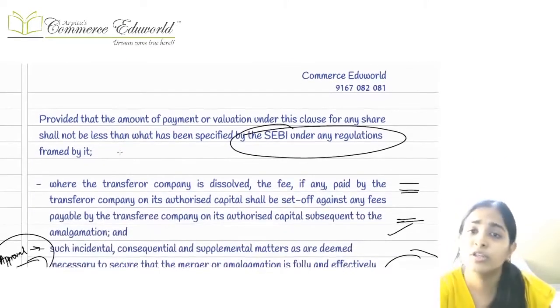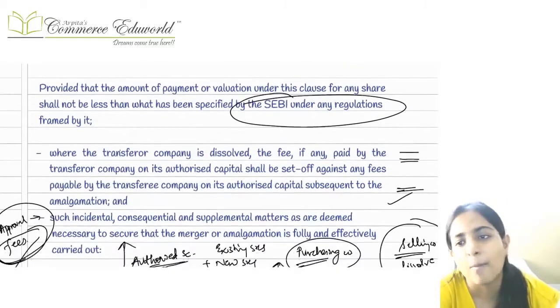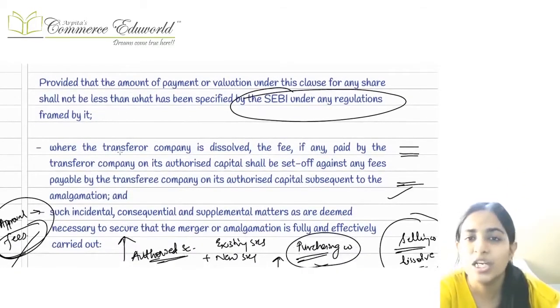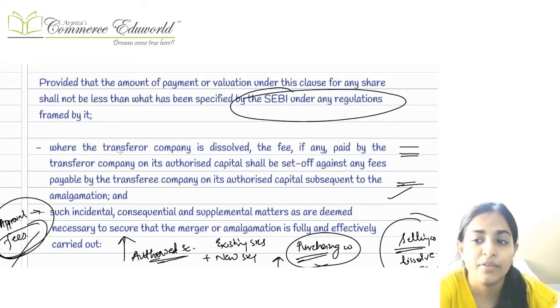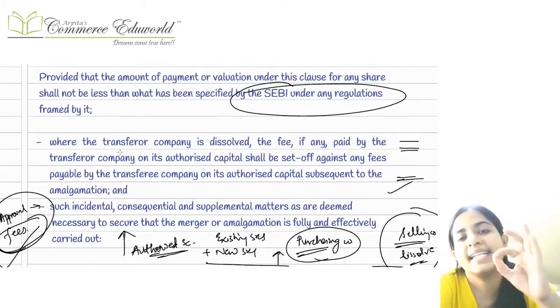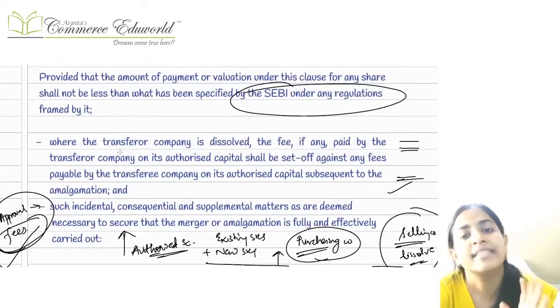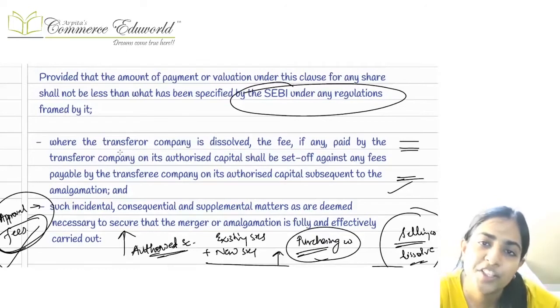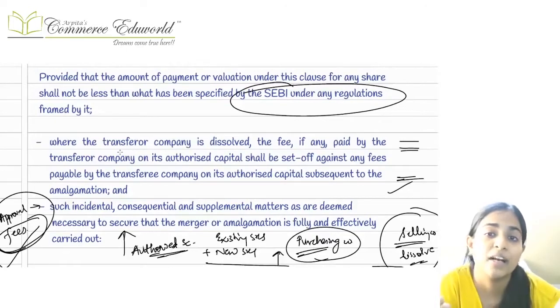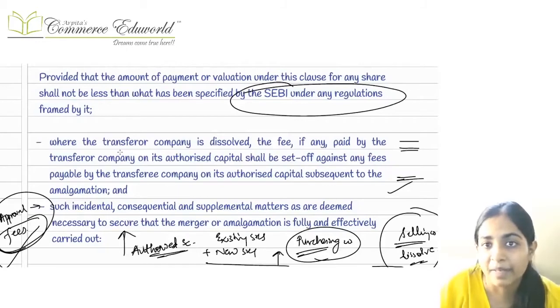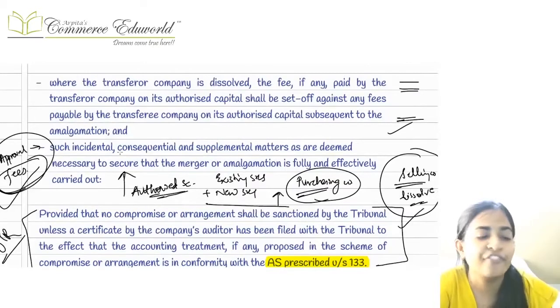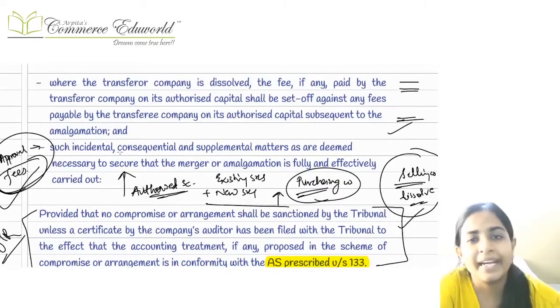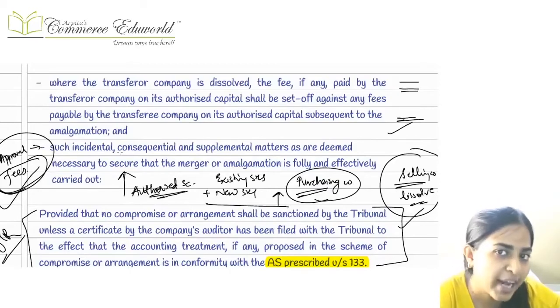In case of dissenting shareholders, you'll have to pay them the predetermined amount or the amount which is determined by the valuer. And if that selling company was a listed company, then we'll have to pay at least that much amount which is determined by the SEBI. Okay ma'am, why has SEBI come into the picture here? Because here the selling company was a listed company, and if the selling company is a listed company, then maximum things will be regulated by the SEBI. Similarly, in case of fees on the authorized share capital, now since we are going to issue more shares, maybe it can so happen that we'll have to increase our authorized share capital also.